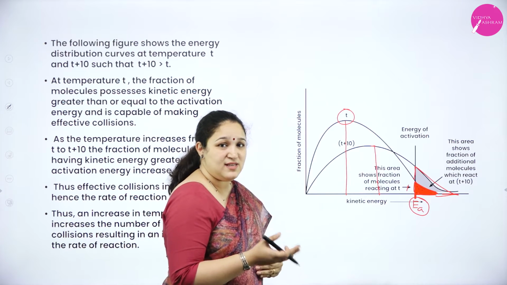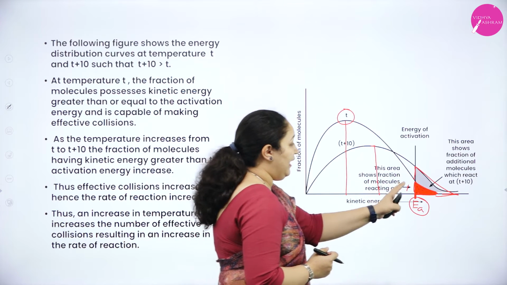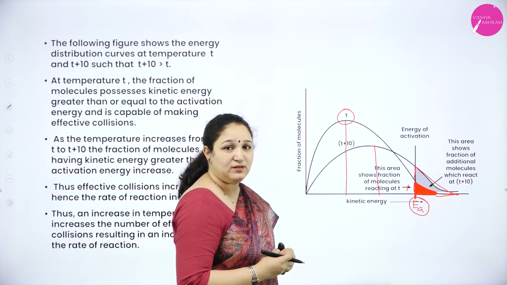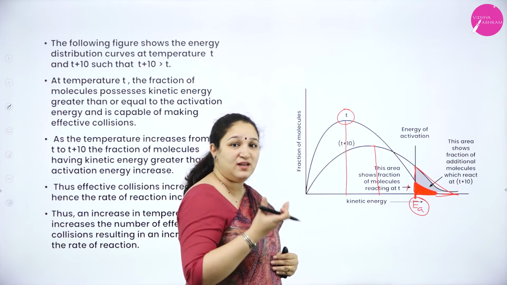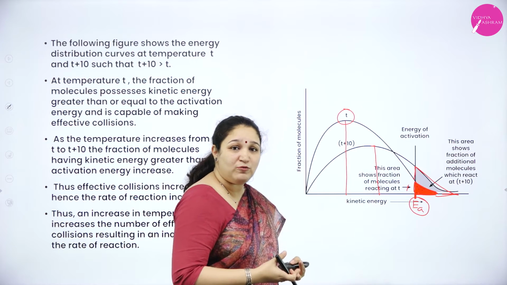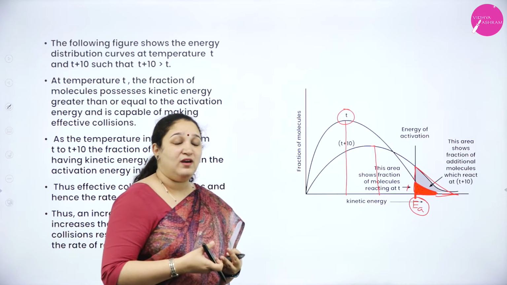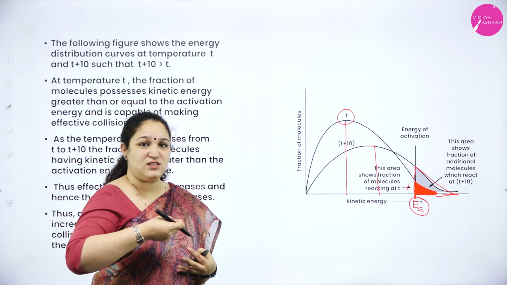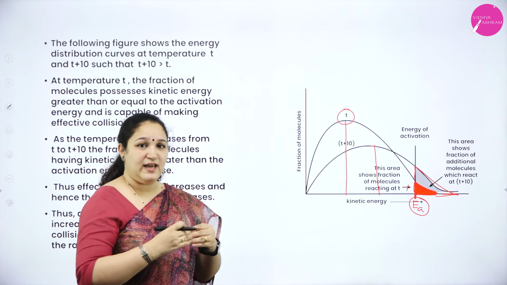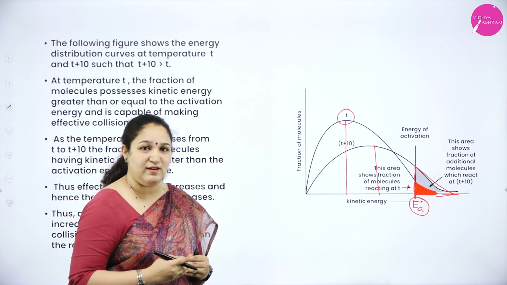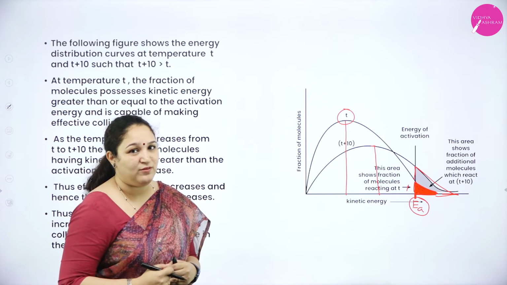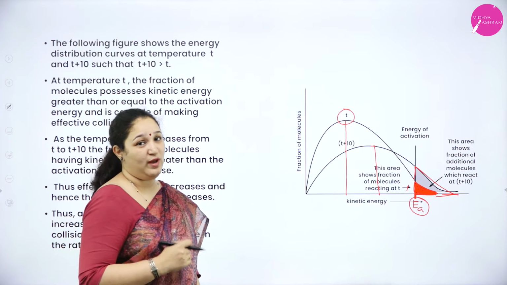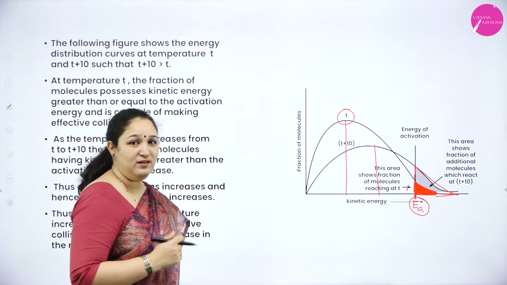When they increase the temperature, the area under the graph increased, that is almost doubled. That means when we have increased the temperature, the number of molecules having threshold energy, that is they have taken up the extra energy which is given and reached the threshold energy level, can now form products on collision. So I hope you have understood the entire concept.